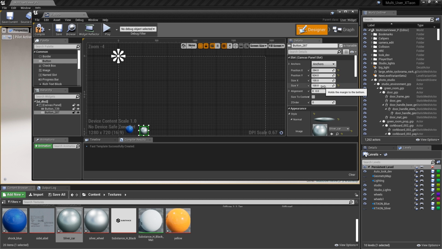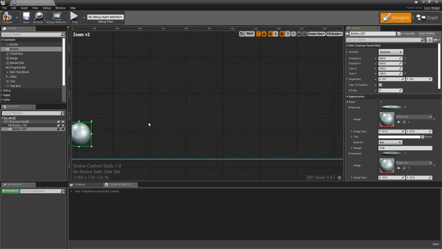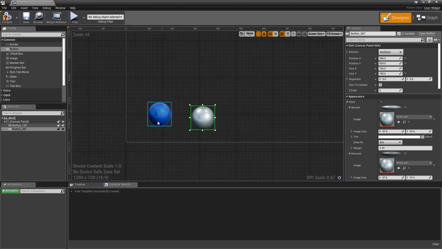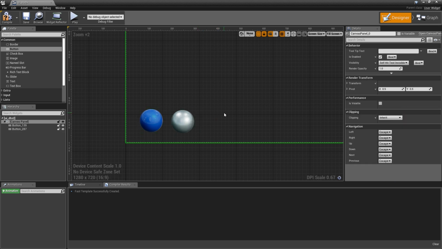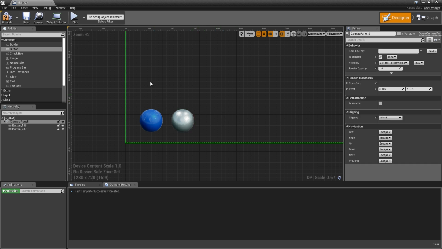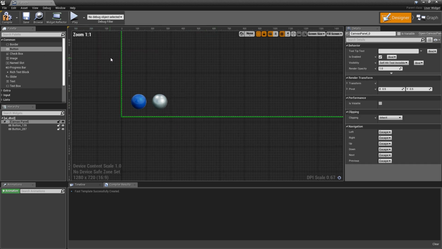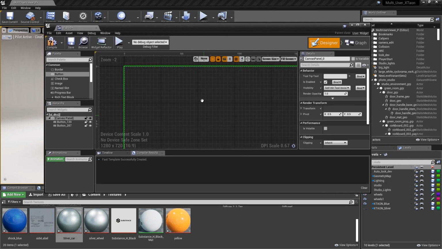So now that we've done that, we've got basically 2 buttons. We can zoom in here and lay these guys out where we want them. I think they look pretty good like that. Maybe just nudge that guy up ever so slightly. So that's going to be our 2 buttons. Pretty straightforward. So now what we need to do is build some intelligence, build a little graph